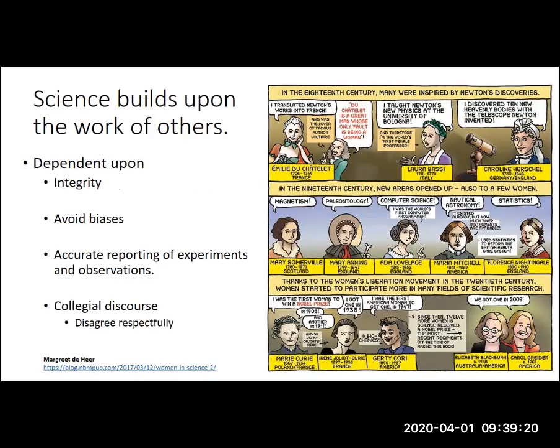Because science is so interdependent upon the work of others, we're really dependent upon individuals practicing science to have good ethics and good integrity, with the idea being that we want scientists to be impartial. We want them to avoid any potential biases they may have, so that as they're designing the experiments, running the experiments, making observations, and ultimately reporting the results either in a scientific publication or in a presentation to the scientific community, they act in an ethical way and report their observations as accurately as possible,